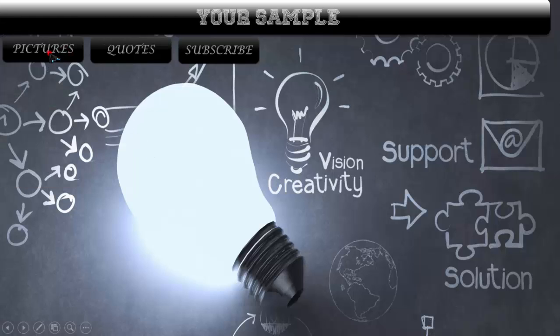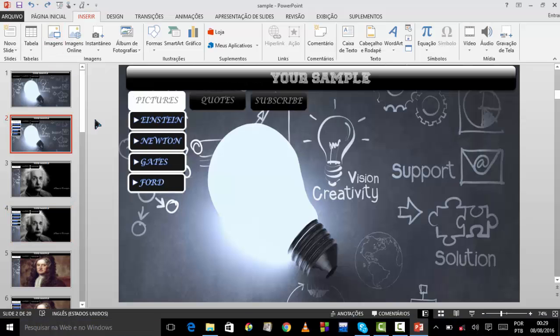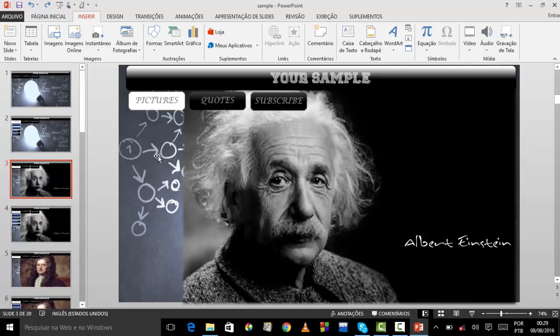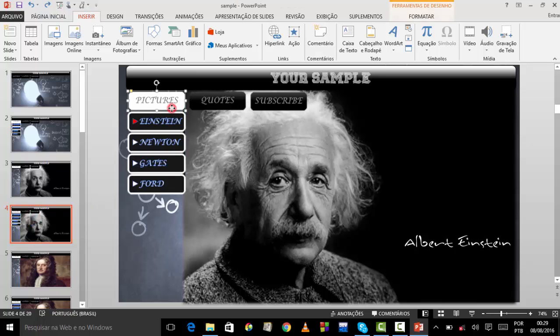Okay, so what I'm going to do is show you how I did this. I have this page as my main page, okay, with the options opened. So I need to create the same page with the options closed. Okay, so that's what I did here. I deleted the options from it to get this page,